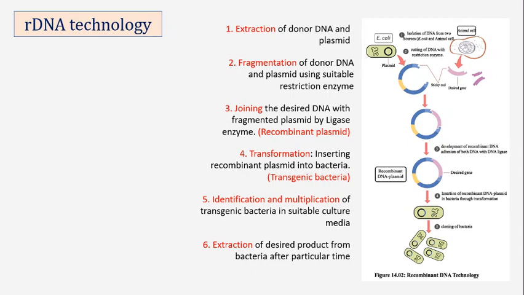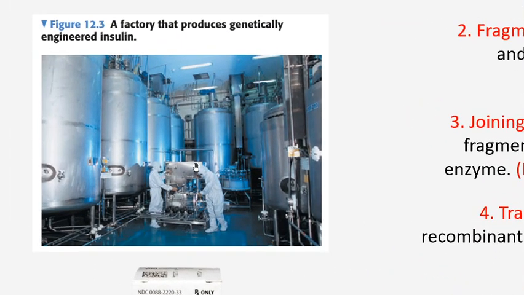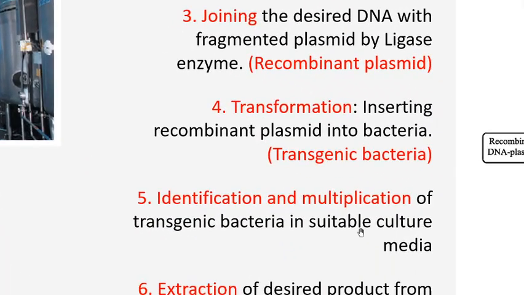So we see that there is a tank and this tank produces genetically engineered insulin. These tanks are called fermenter tanks. Inside, this transformed insulin-bearing bacteria are cultured, and they are kept in these fermenters for several weeks or months long. And after a specific time period, when a good amount of insulin hormone is produced, then